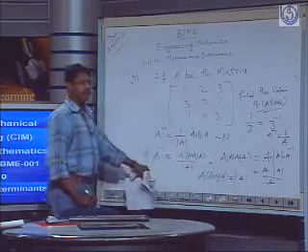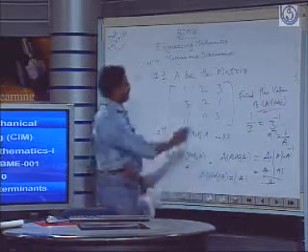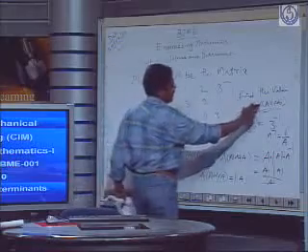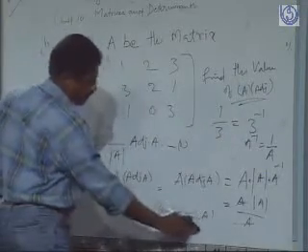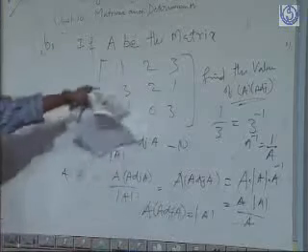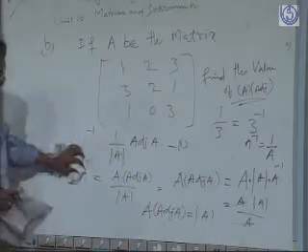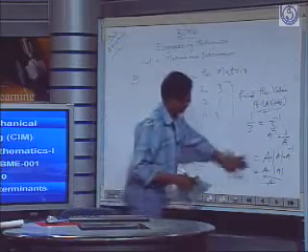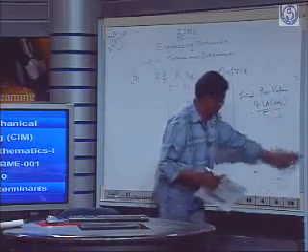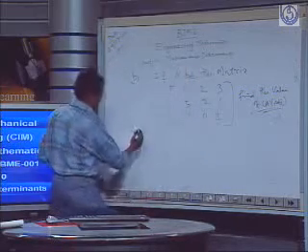I think you understand about A adjoint A. The question has given: find the value of A adjoint A. So A adjoint A is nothing but the determinant of A. So we have to find out the determinant of this matrix. So how will we find the determinant? The determinant of this matrix is nothing but,